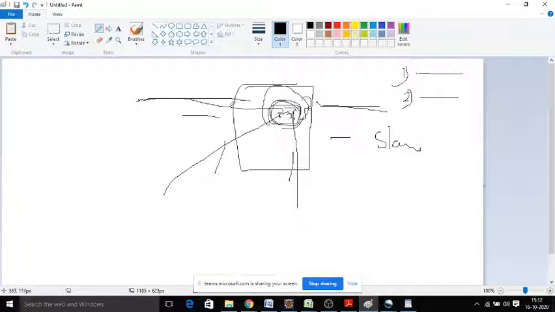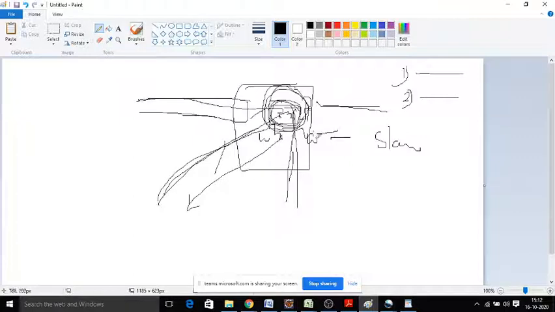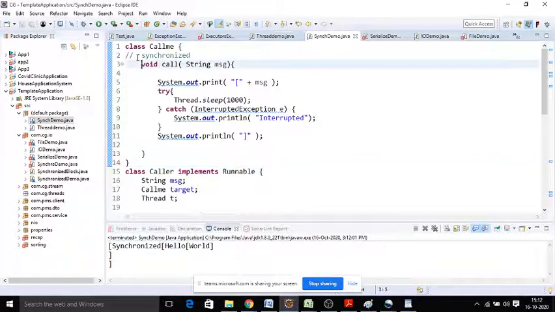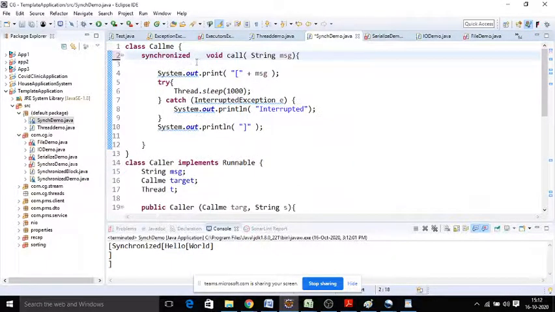The first thread should come here, perform its task, go back, and then the lock should be released. Then allow the second thread, while the other threads wait. Then the second comes, it performs execution, and again the lock is acquired so that others cannot access. Then it finishes its logic, and only then does the third thread get a chance. To perform that, we have to make our method synchronized. Either we make the entire method synchronized.